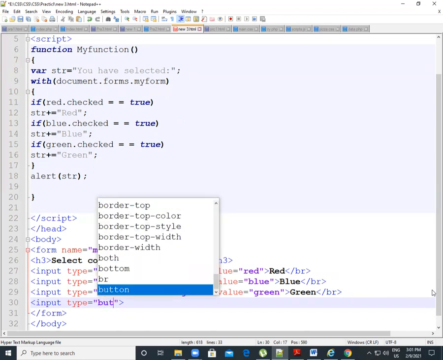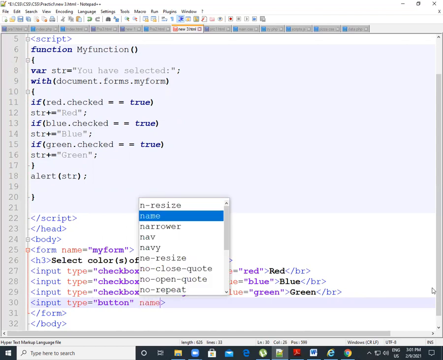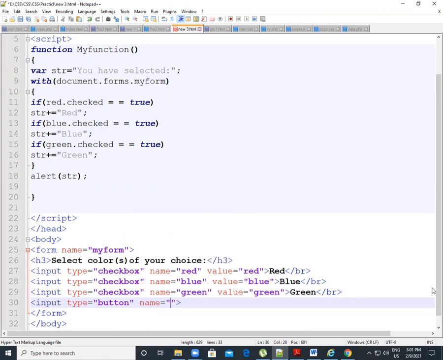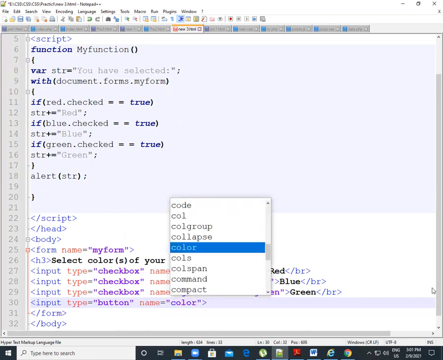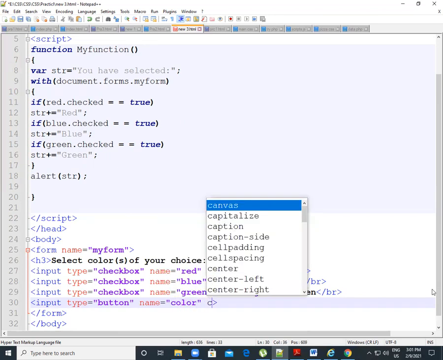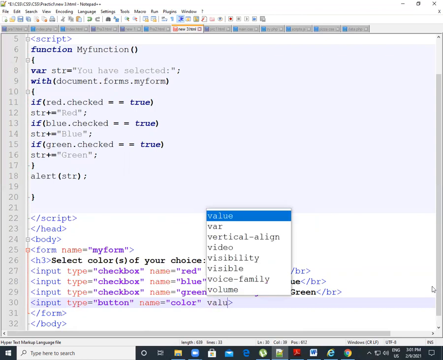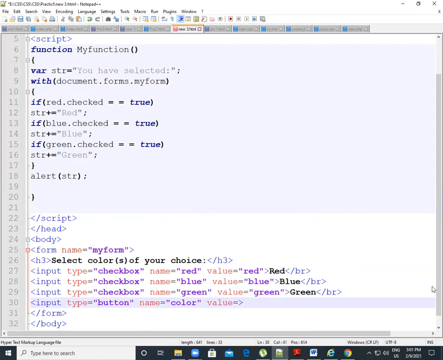That's why we write the button this way. Button, and the button name attribute equal to color, because we are choosing color. Now name, then value: we give some value using the value attribute of the button.